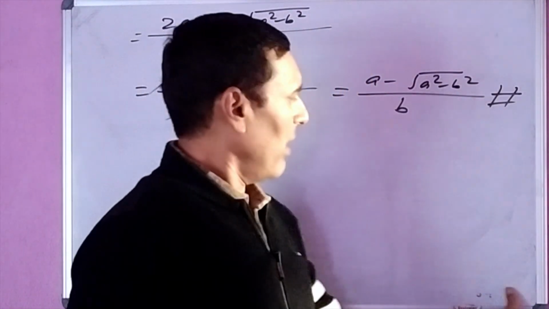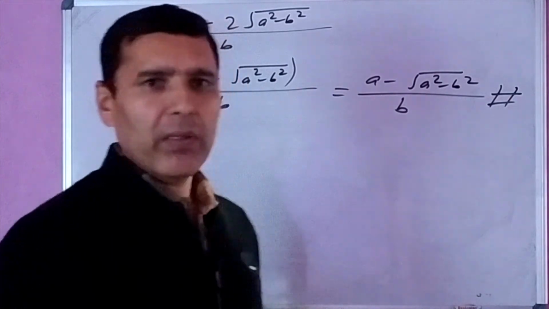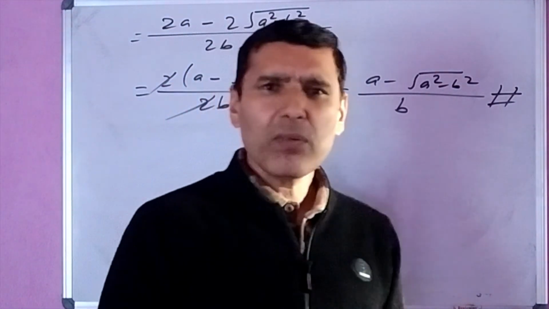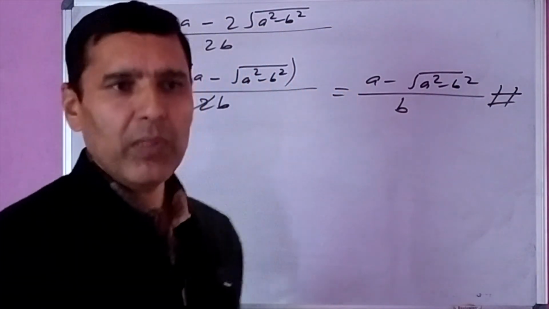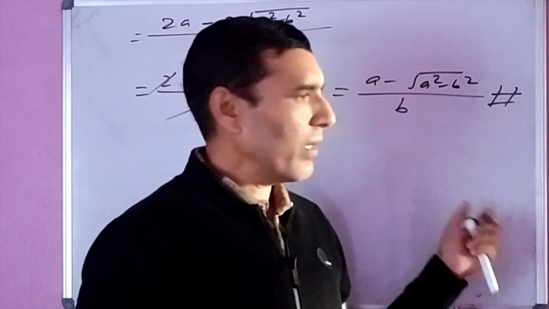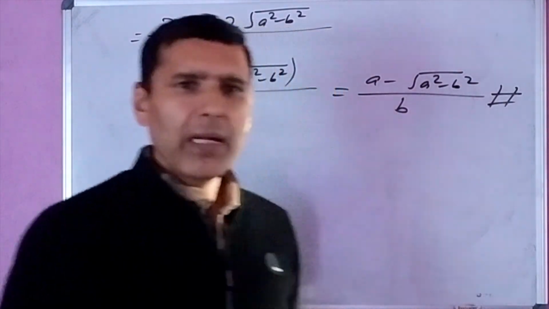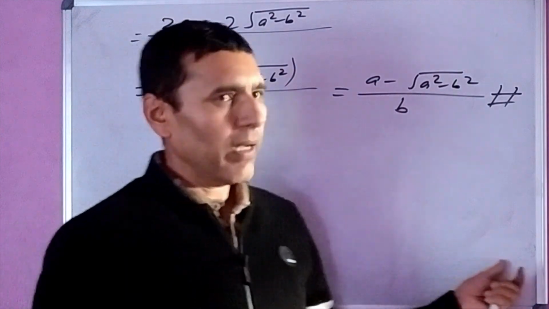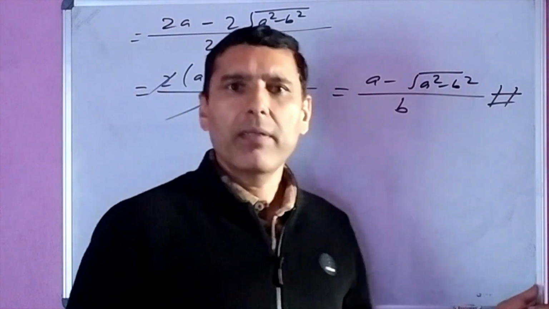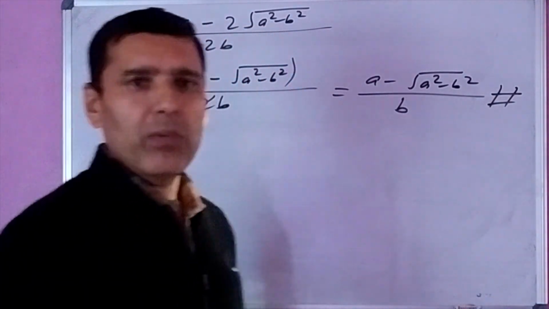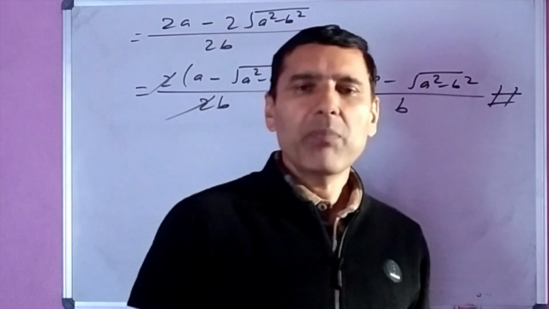Now in this way, in today's class, first of all we discuss about rationalization, what is the rationalization of sort, and we develop the concept of conjugate, and after that we simplified some question by rationalizing the denominator. In the coming classes we discuss, we solve, or we simplify some more questions.